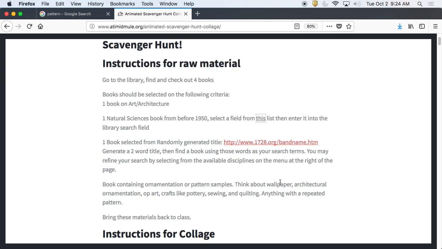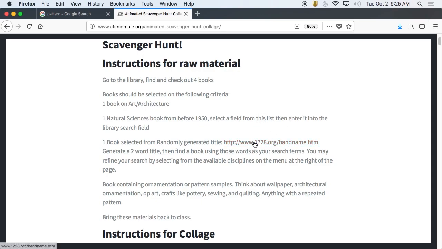My links didn't come through when I pasted the project. I'll show you a list. It's got oodles of natural sciences links, okay? Just take a science field, enter it into the library search field, and find a book that's interesting. It's vintage. There's lots of good vintage books in there. Find one that you like.